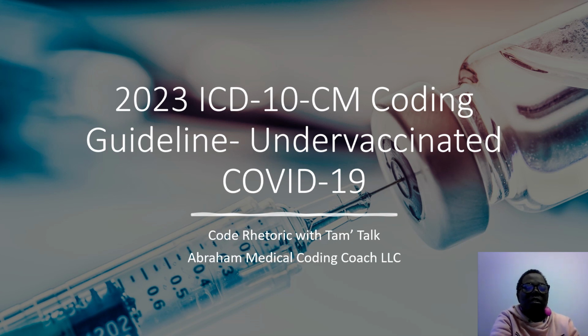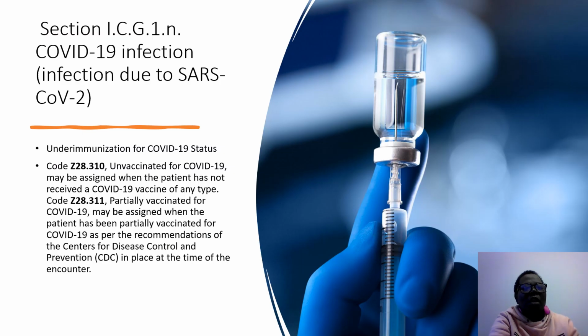Hello, welcome to this tutorial on our 2023 ICD-10-CM coding guidelines, specifically related to the under-vaccinated status of COVID-19. So in our ICD-10 coding guidelines, section I.C.1.g.1.n, the COVID-19 infection states, under immunization for COVID-19 status, code Z28.310, which represents unvaccinated for COVID-19, may be assigned when the patient has not received a COVID-19 vaccine of any type. We are to assign code